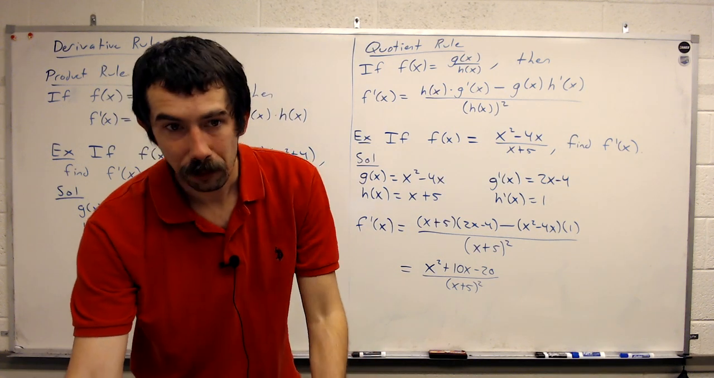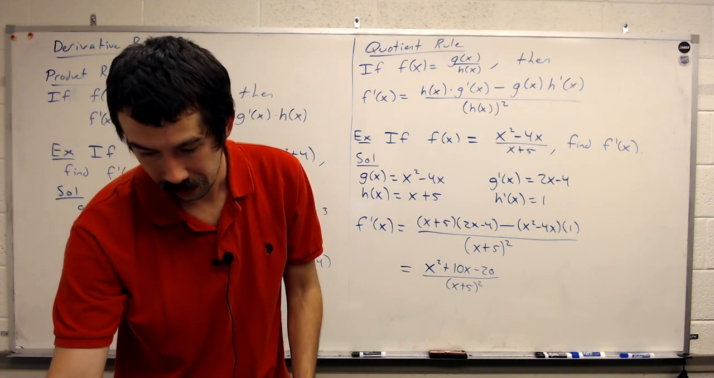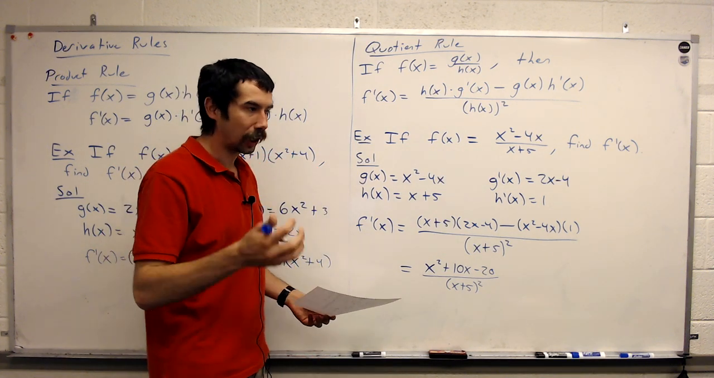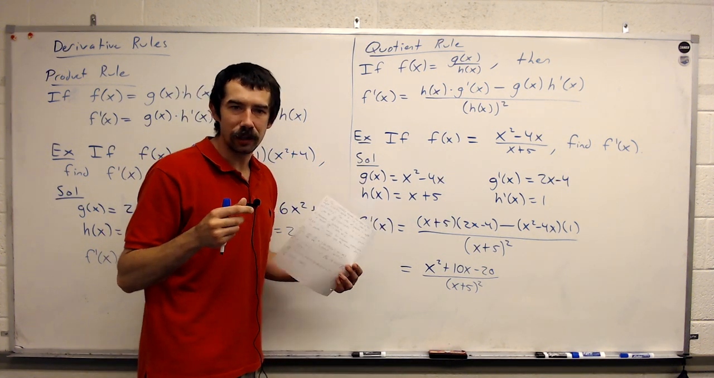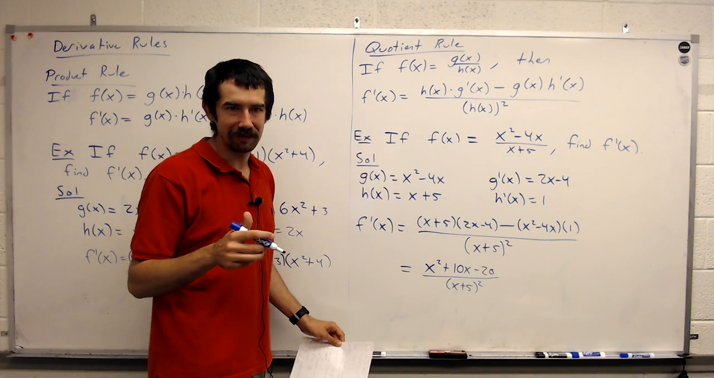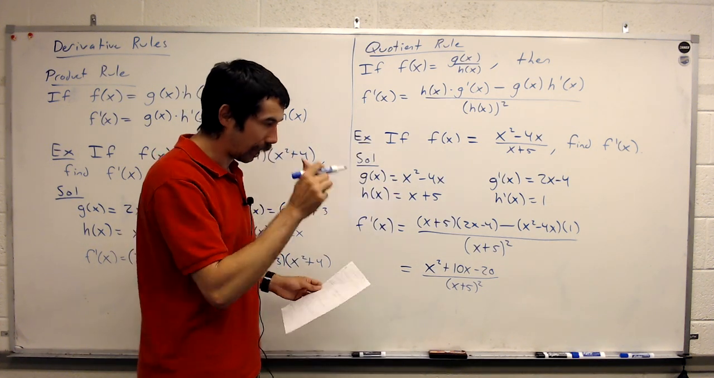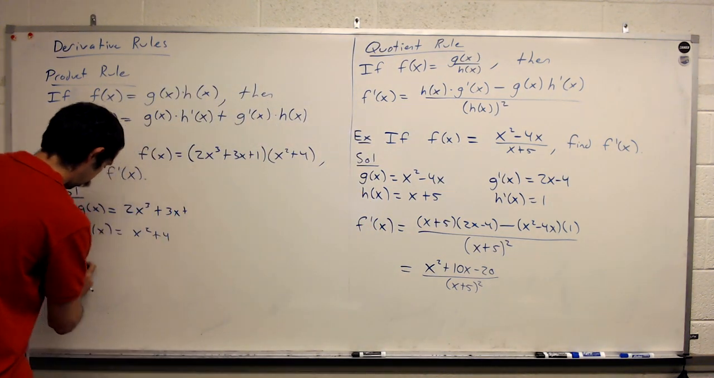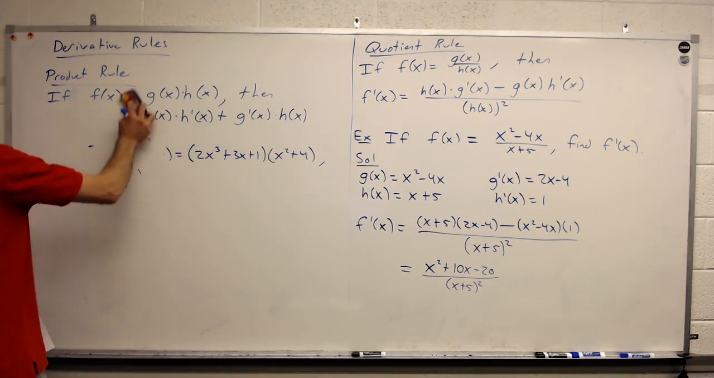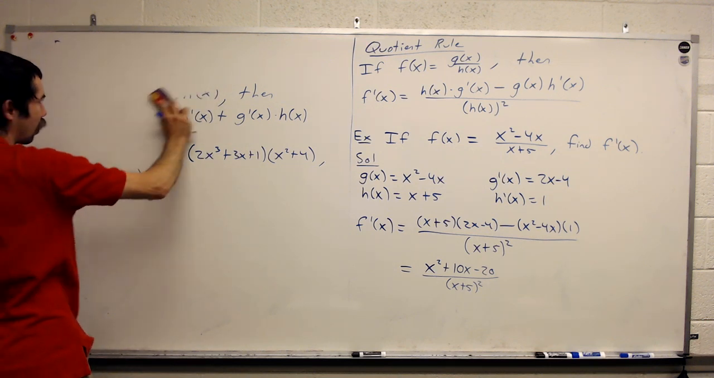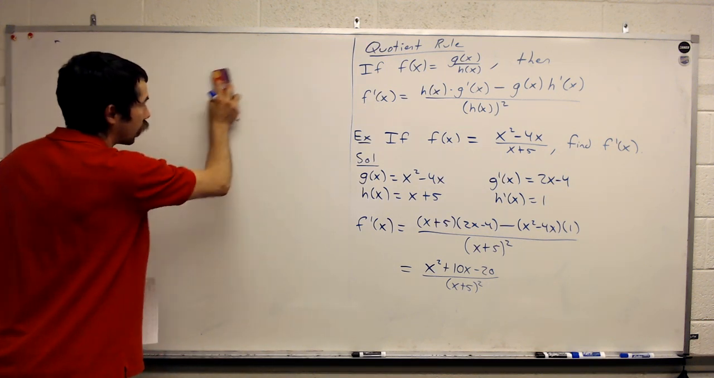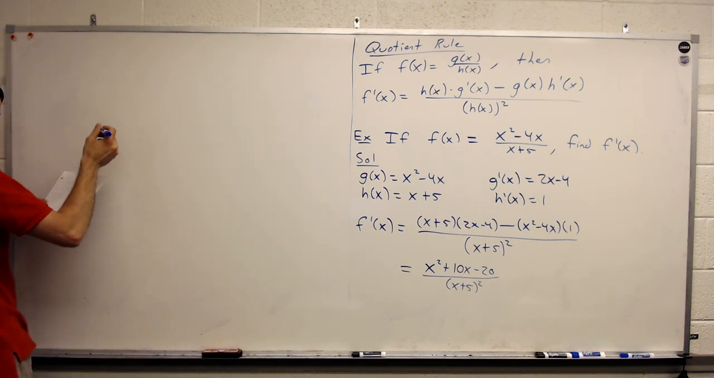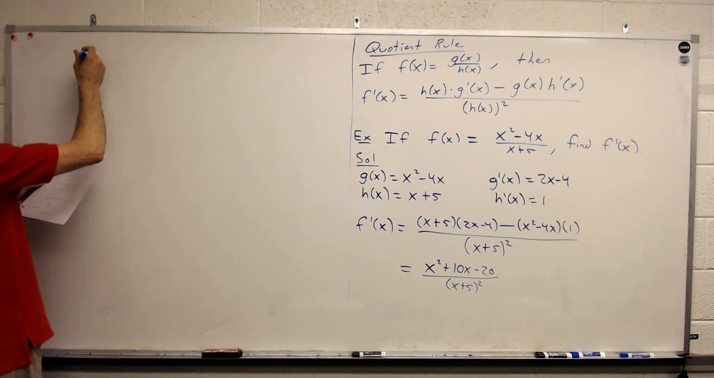Okay, and so one last rule I want to talk about today is the chain rule. All right, so the chain rule will allow us to take the derivative of basically any other function, with some exceptions. But the chain rule is a very important rule. And the chain rule tells us how to take the derivative of the composition of functions. All right, so the chain rule says